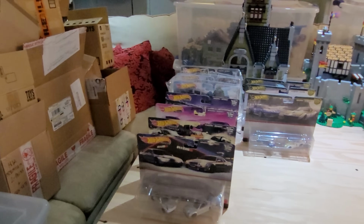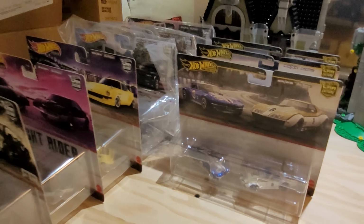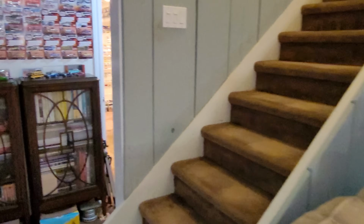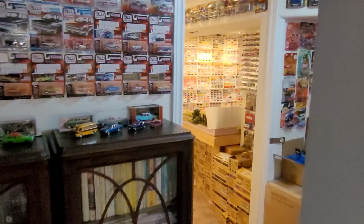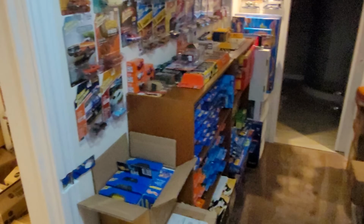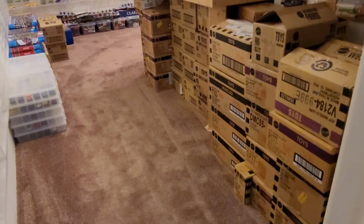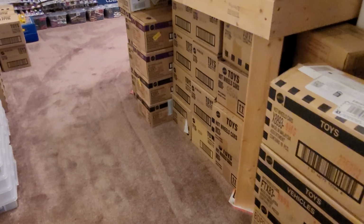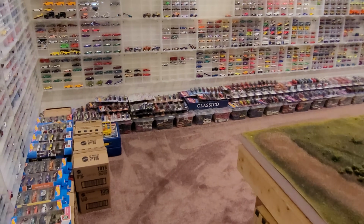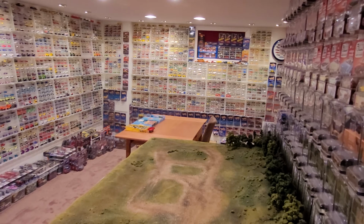In other news, I am completing my Car Culture Hot Wheels 2-pack premium collection. In duplicate, I might add. I will be opening up a full set of those cars in a forthcoming video, probably a few moons away still. And always sorting through the boxes here as we head into the original Hot Wheels Museum. Look at all the boxes of premium cars in here that still need to be more properly identified, because right now they're blank labels. Just cast a view as we go into this room, and it's getting thick with cars,